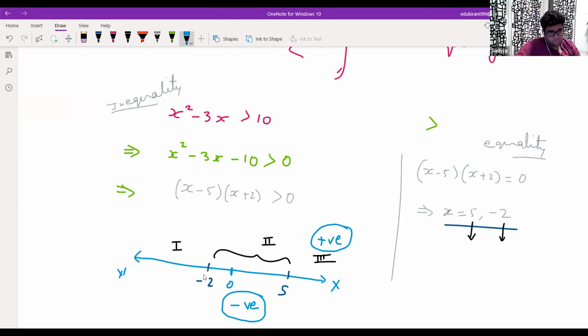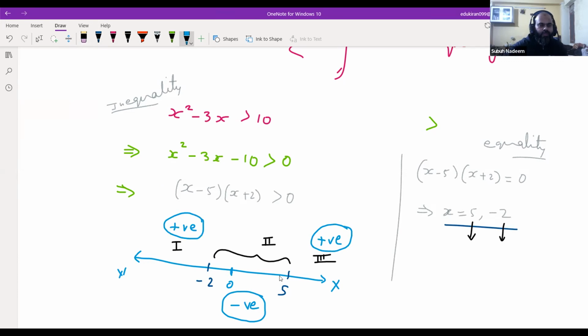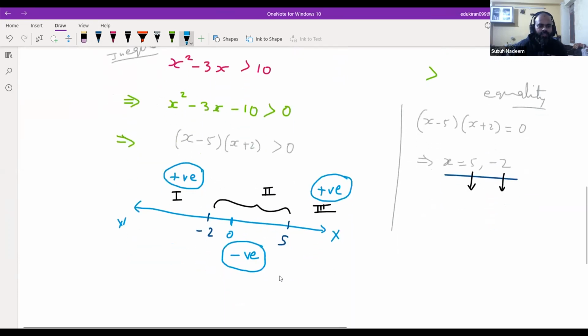When we cross minus 2, we will again come to positive. So this is what we observe. Now after observing this, what do we need? Do we need less than or greater than? So if we see the question, we need x minus 5 into x plus 2 as greater than 0,